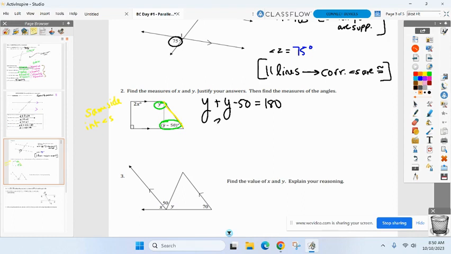Go ahead, solve it. Move the 50 over. Yep, good. 115, right? Whoa. Before I move on, we got to justify it. I need something similar to what I wrote up here. So ready? Parallel lines imply,